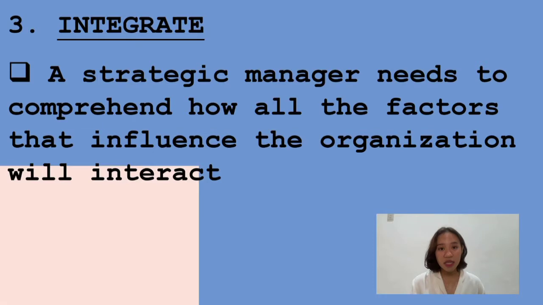The next ability is to integrate. Strategy involves looking at the big picture and having an organization-wide perspective. A strategic manager needs to comprehend how all the factors that influence the organization will interact. Changes made in one part of an organization affect the other parts. Thus, a holistic perspective that integrates the impact of various decisions and environmental influences on all parts of the organization is